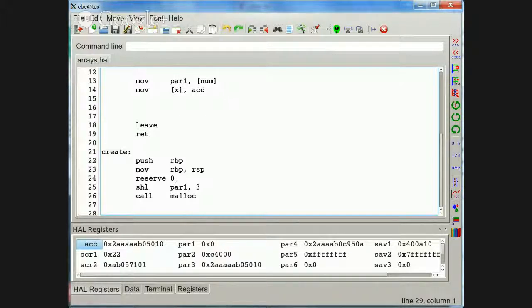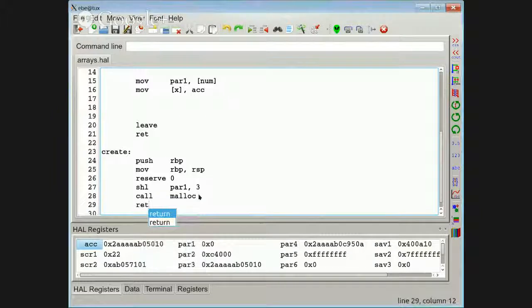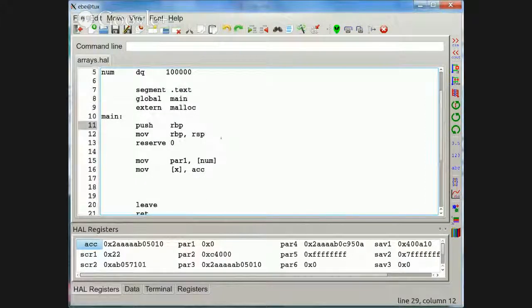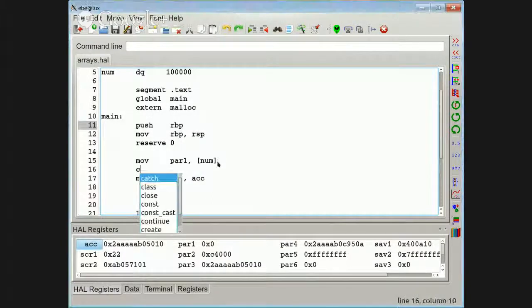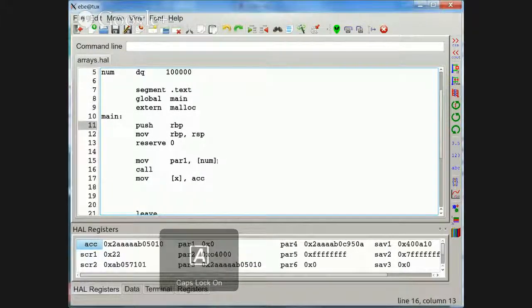So if I call reserve 0, I'll get the space on Windows, and nothing happens with reserve 0 under Linux. All right. And when you call malloc, it has the value you want in the accumulator register, or RAX, as we already did it. So if we move that value in here, now we can call create,